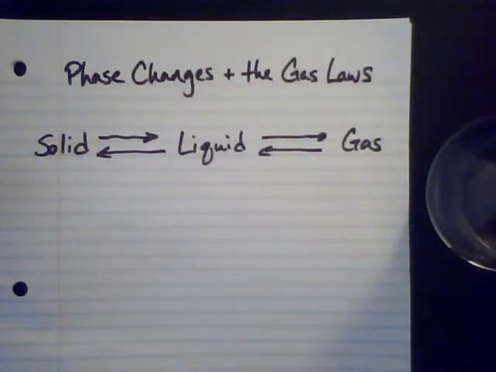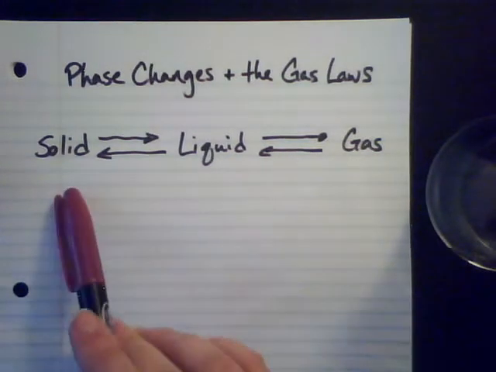Okay, today I want to talk a little bit about phase changes between the different phases of matter and then the gas laws that come out of this idea that kinetic molecular theory said that everything is made up of particles and these particles are always in motion, and when we increase the temperature then we can increase the degree of freedom of how much these things are moving around.